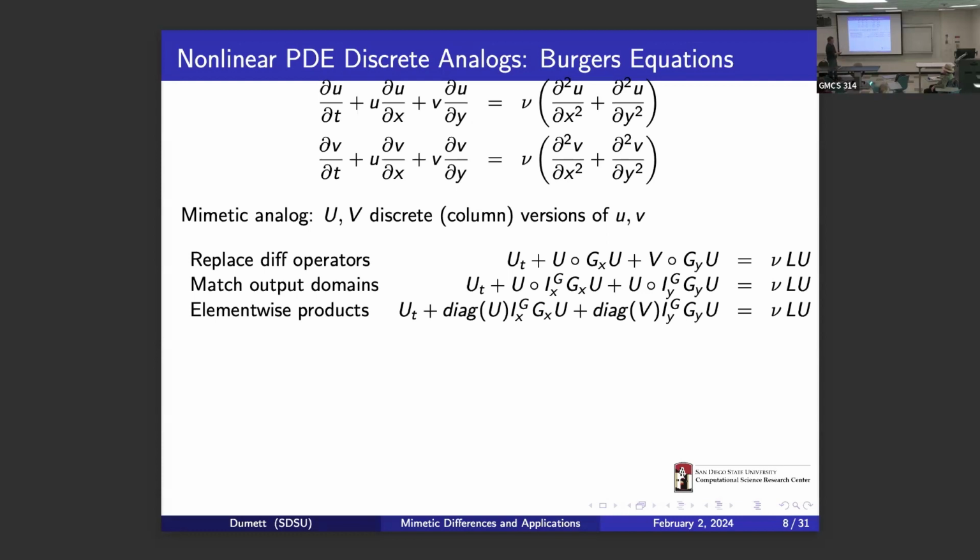So again, I will substitute this operation by diagonal of u. I will write this component-wise multiplication in this way. This is a matrix, array. Okay. And the same on the other side. So we are converting this step by step. And now you see you have matrix, matrix, matrix array, matrix, matrix, matrix array, and a constant matrix array, all of them of the same size.